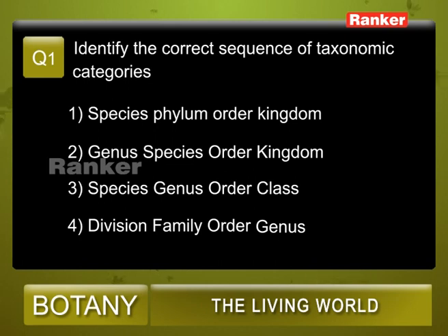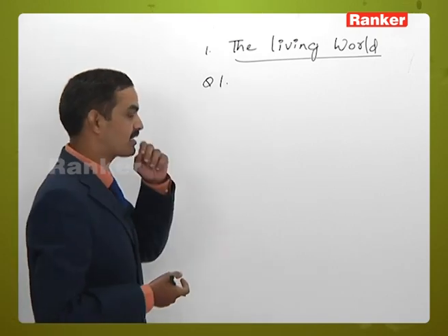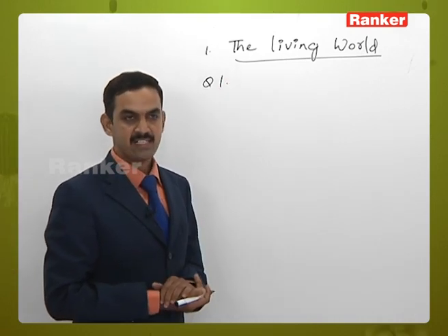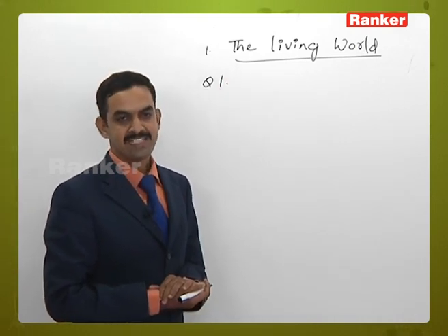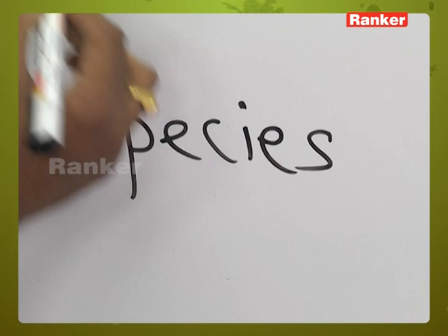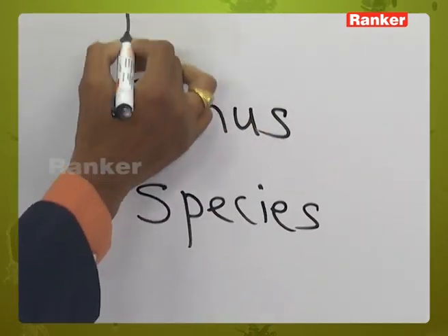identify the correct sequence of taxonomic categories. The options are: first option species, phylum, order, kingdom; second option genus, species, order, kingdom; third option species, genus, order, class; fourth option division, family, order, genus. So in the taxonomic categories, various categories are present, and they follow a hierarchy of categories, starting with the least one. Starting with the least one, that is species, then genus, family,